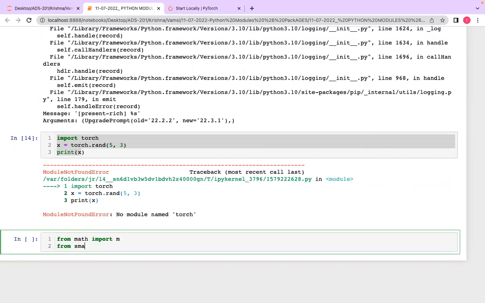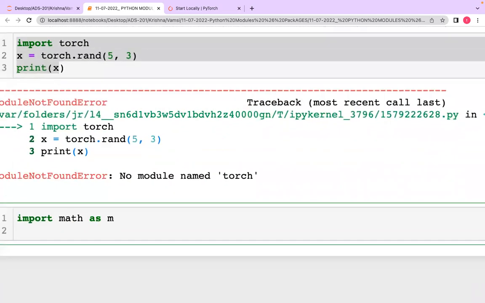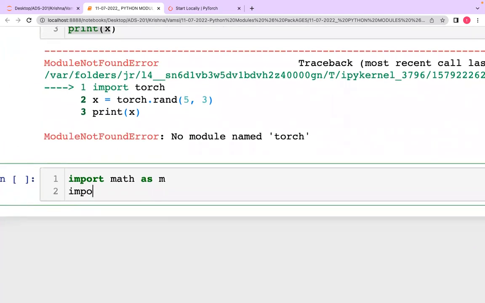Sample is my user defined module, right? So we can use any name. It's import math as m. This is the command, and as is the keyword. It helps you import libraries with your own specific name, even sample as sm.